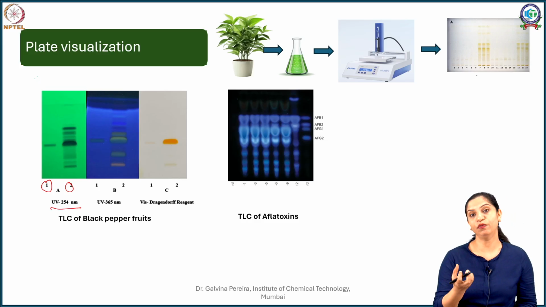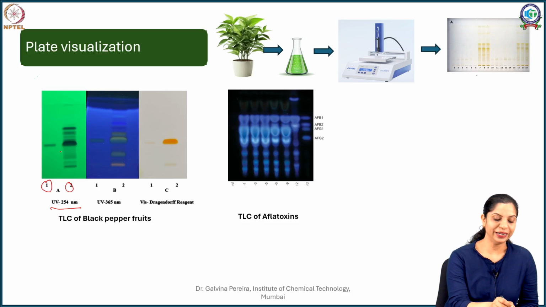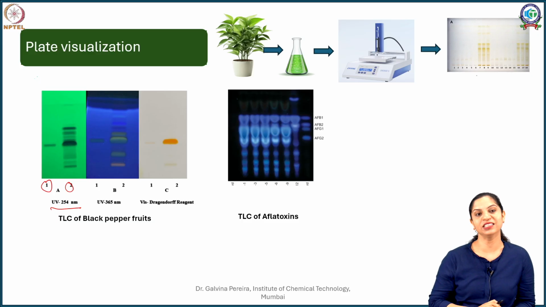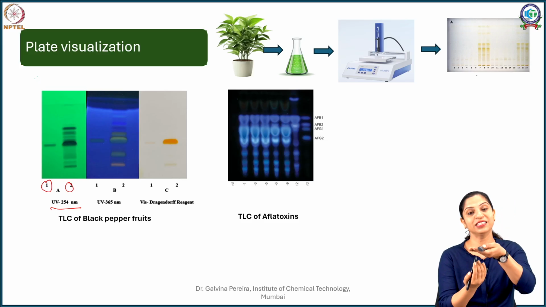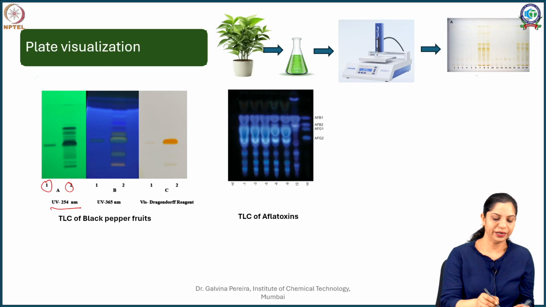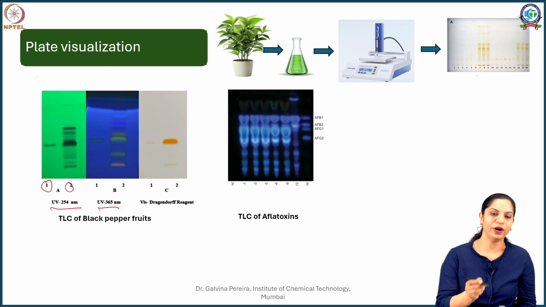My plate has a fluorescent indicator which fluoresces the whole plate, but the moment there is any aromatic compound on top of it, it is going to quench, and that quenching is going to result in dark spots. That means in that region the fluorescence cannot reach my eye because these compounds are going to absorb it. But now if I see the same TLC under UV 365, you can see the same spots which earlier quenched now produce a faint glow or a fluorescence.